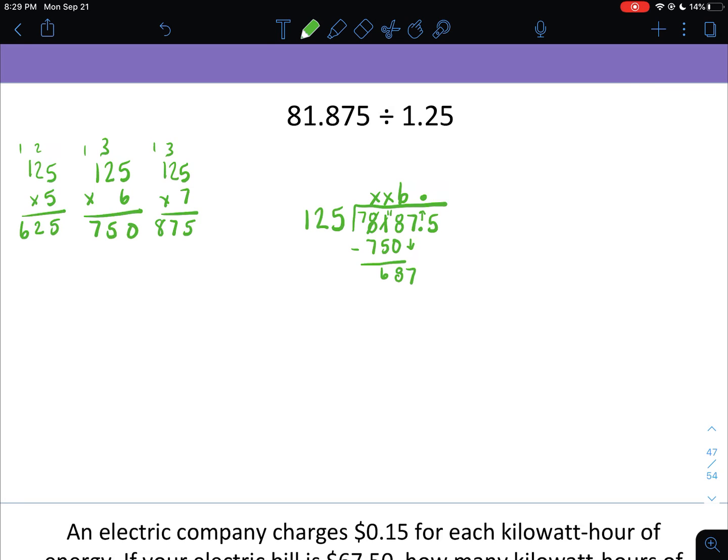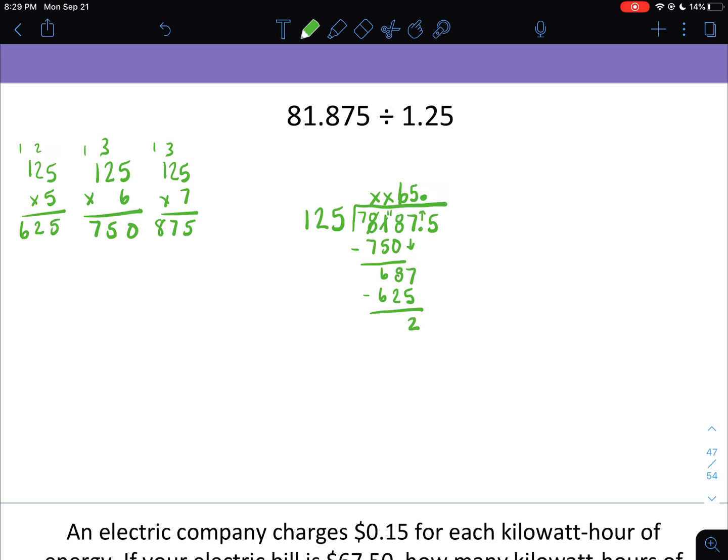625, perfect. So this is where it gets really important that your handwriting is neat and all of your numbers are lined up very nicely. If you realize, I brought the 7 down. Once I brought the 7 down, it goes into 687 five times. So the 5 needs to go above the 7 in my quotient. It's super important that you have your decimals and your digits lined up correctly because it will totally change the number if it's not. So 5 times 125 is